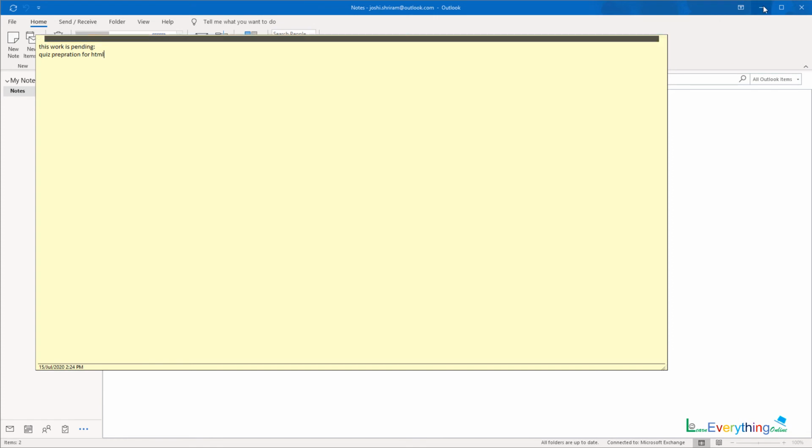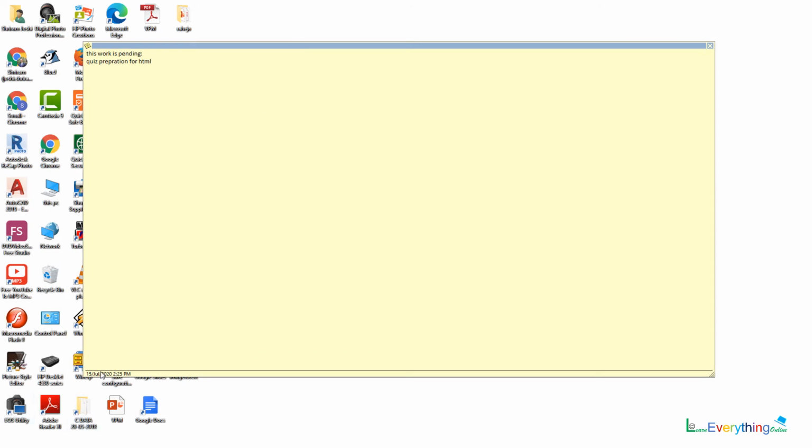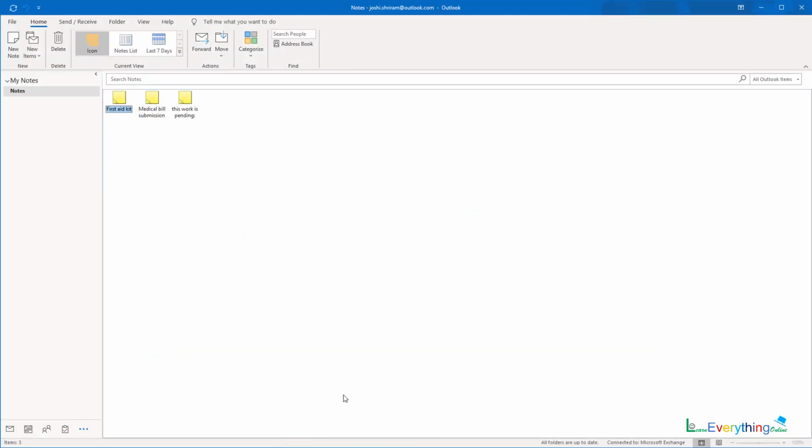So now this sticky note will always remain on screen if you do not close it. No matter if you close Outlook, it will always remain on the desktop. Changing size, changing color, everything is again possible. Just by right clicking on this, you can copy this data. Again, when I want to use Outlook, as I told you, you can keep the note list or last 7 days activity. Then you can color this particular note with different meanings, and you have to set that meaning on your own. So these are all the things available in Outlook.